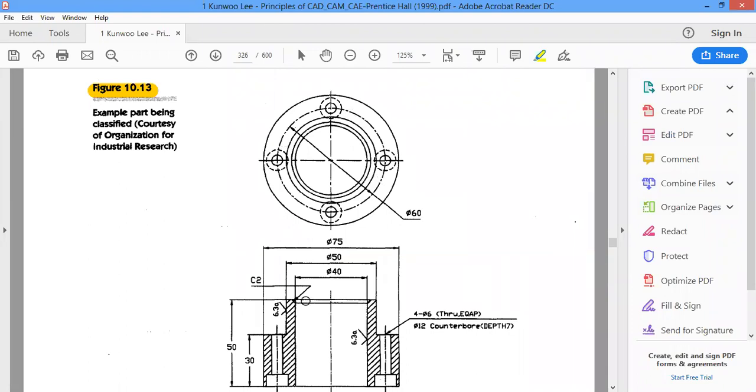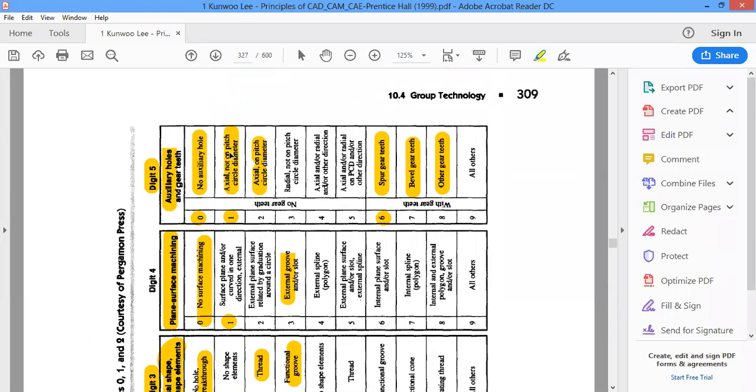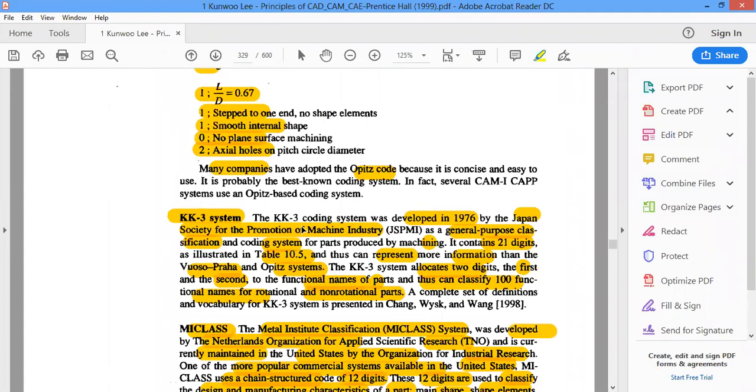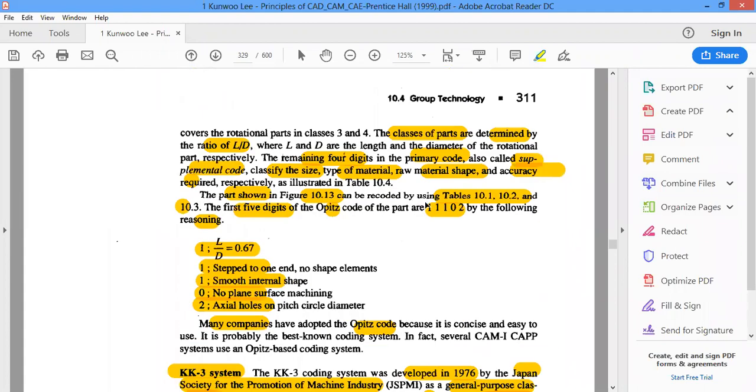So the code that has been given over here, axial hole on pitch circle diameter, is going to be 2 in this case. So based on this diagram, we will have 11102. That is going to be the code that will be given for that particular part using the Opitz code system.